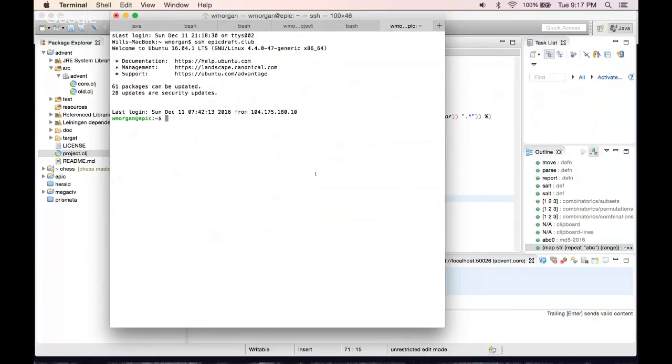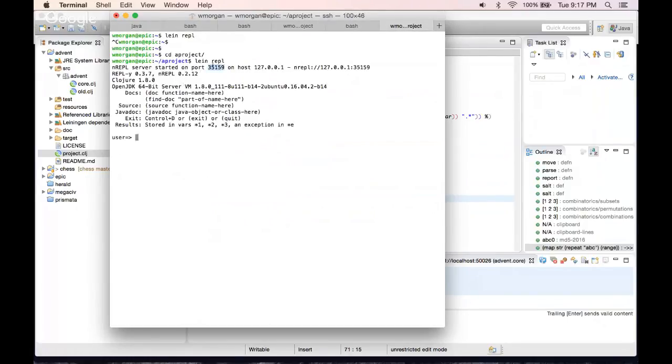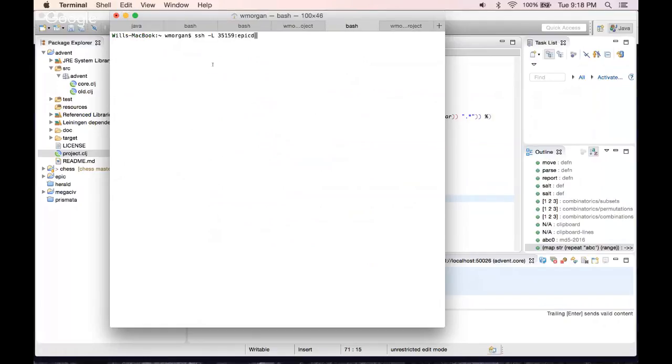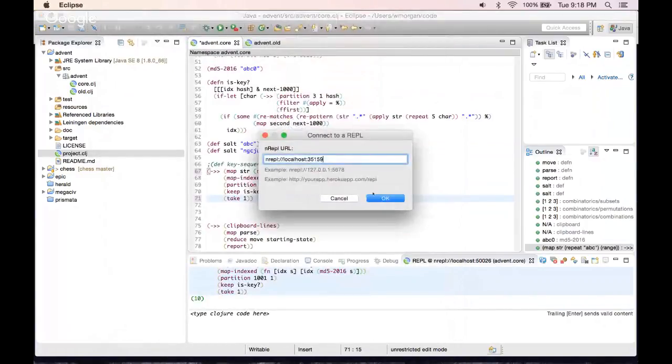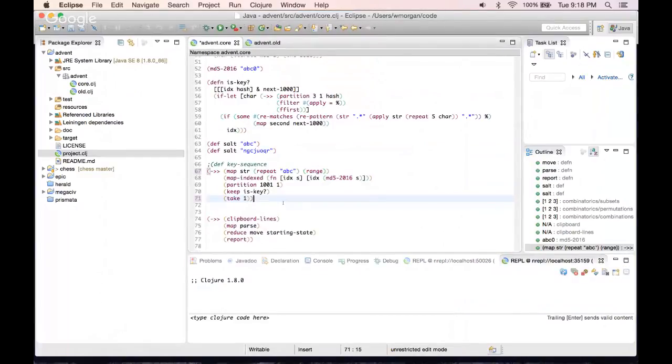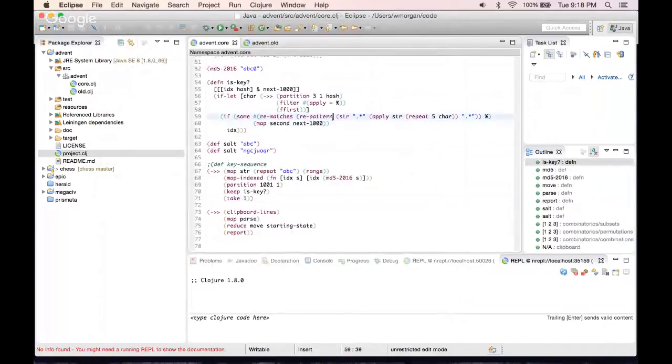I guess something that we can do is, let's see, do I need anything special in my REPL here? So I think I have a little Inky project, and I'm going to have to establish a local connection so that I can connect through nREPL. So I need an SSH tunnel. So let's connect to REPL, this one. All right, and then what we can do is put something in here like